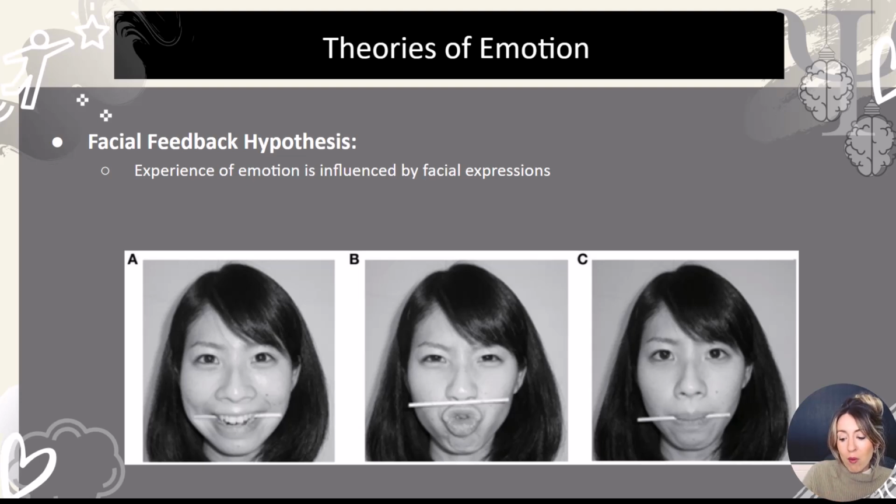And they see if they rate the stories or the cartoons differently based on the expression that their face is making. And what they find is that it's a small connection, but there is a connection between the face that you make and rating different stories or pictures or cartoons as happier if you're making a smile face, or sadder if you are making a sad face, right? So this supports the James-Lange theory that your body tells you about what emotion you're going to experience.